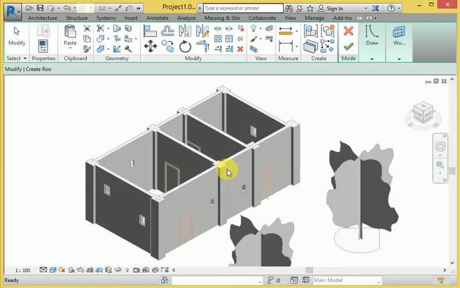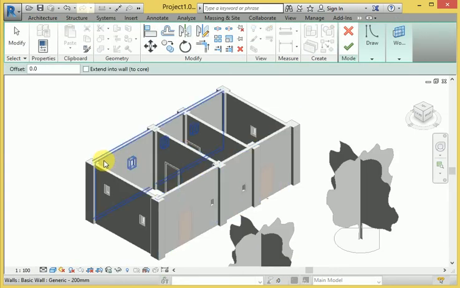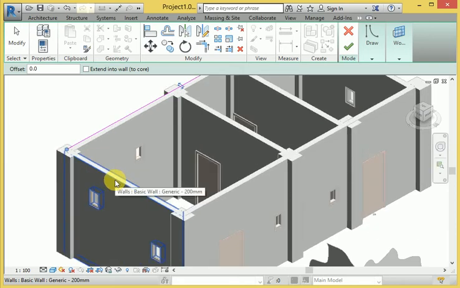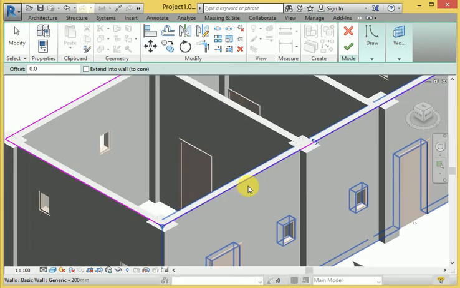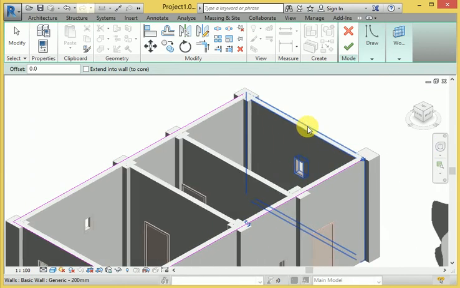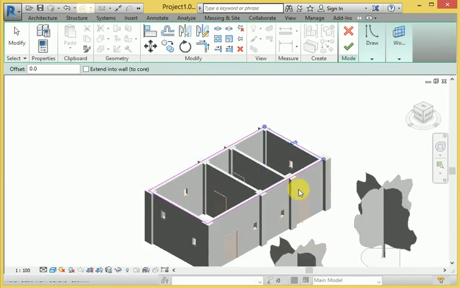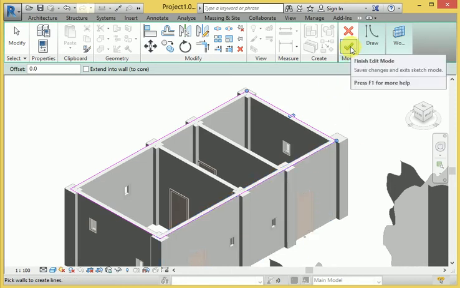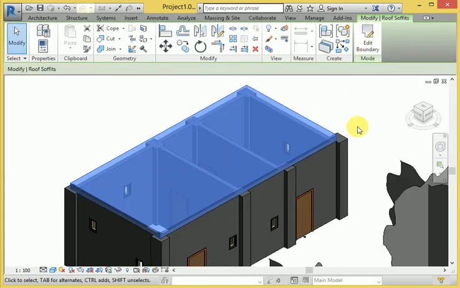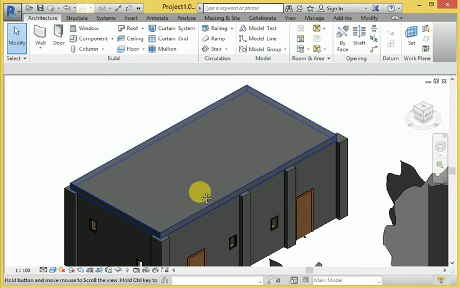So when I get the level here and click the line, this line is also clicked here, and the same thing, click this line and also click this line, and the same here you can click this line, and after that you can press OK here and finish, and look at this, it converts the wall.